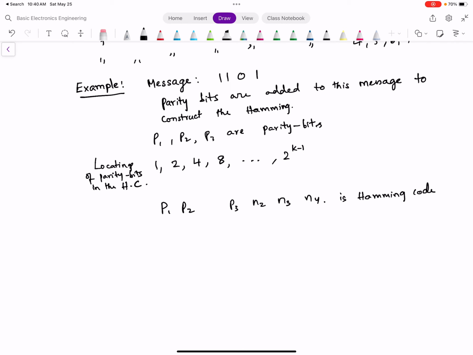So here N1 is equal to 1, N2 is equal to 1, N3 is equal to 0 and N4 is equal to 1. But still we do not know the values of these 3 bits that need to be inserted into this message. So we go through what is called an encoding process, where we make sure that